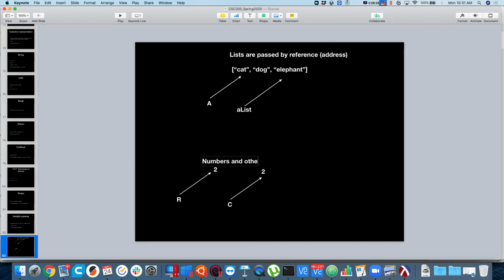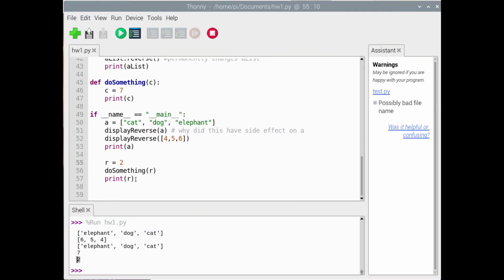Numbers and other primitive types are passed by value. So when I passed R into my function, it was handed to C, but a copy was given to C. So I passed in R here, boiled down to 2. So the value of R is 2,